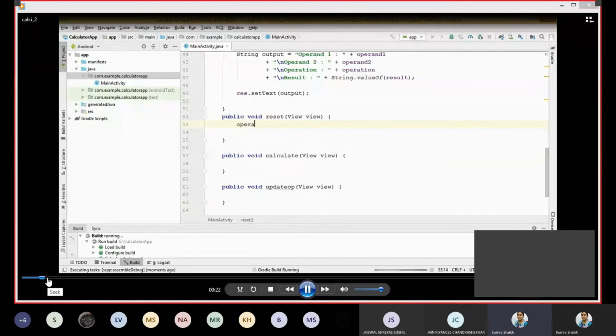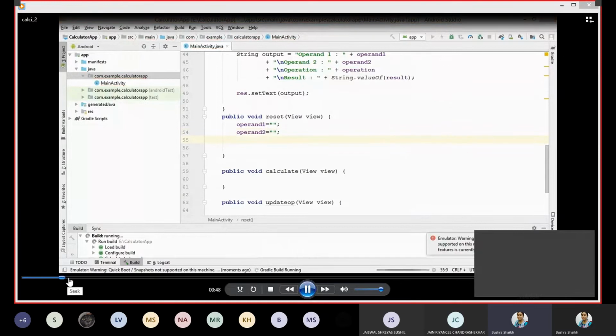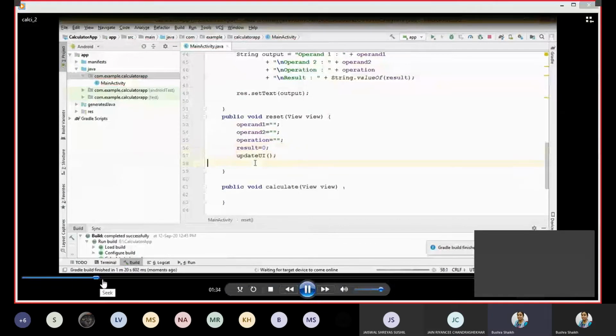So reset was very simple, you know that. You can understand what reset would do. It would just reset all the variables, set them to blank, and update UI.